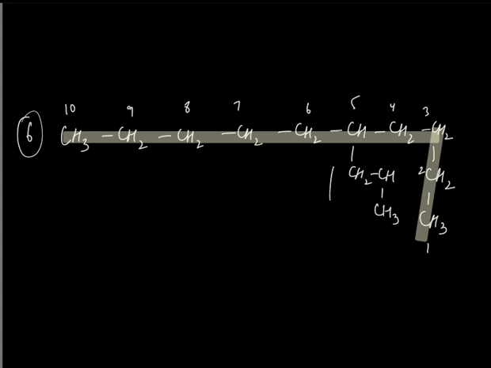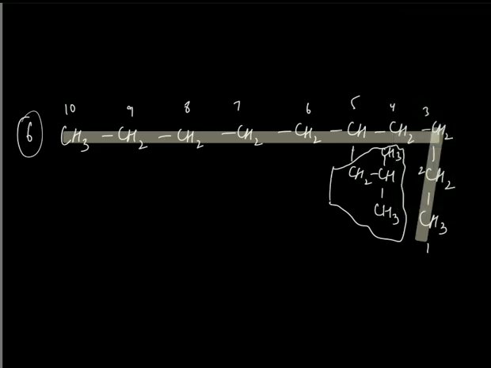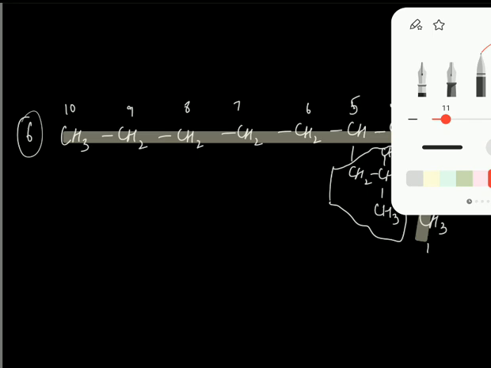Now can we see one thing? Over here we have a structure, right? It looks like a continuous chain, but I think I missed writing one more CH3 over here. So let's write that. Now it makes sense. So whatever structure I wanted to make. Okay. Now this is a complex branch, right? Complex branch in the sense that this is a branch inside a branch. So what are we going to do about it? This 5th carbon is on the main parent chain, right?